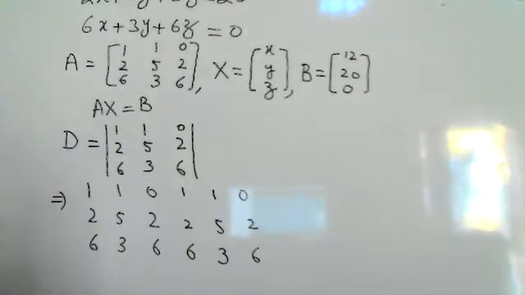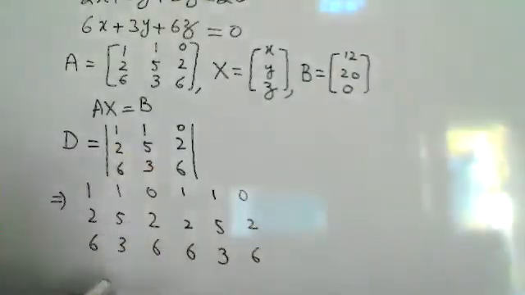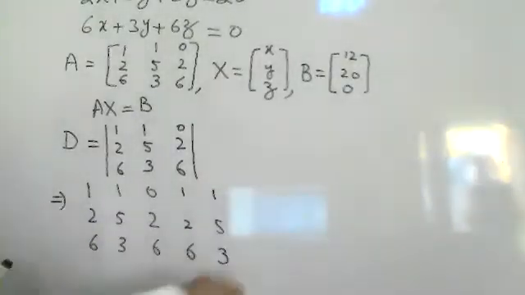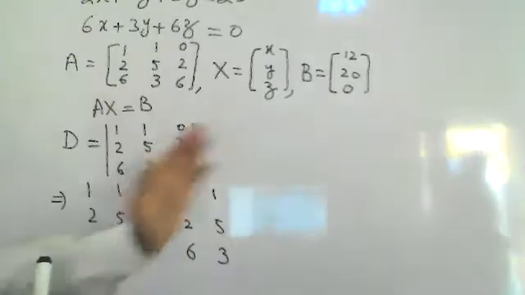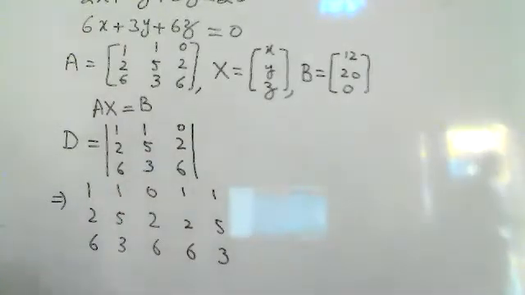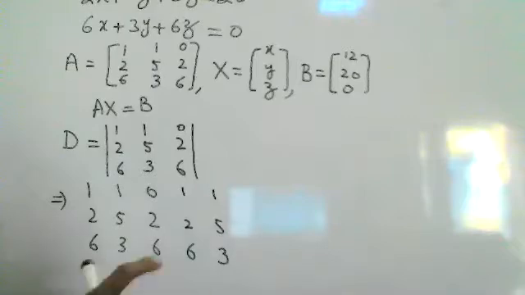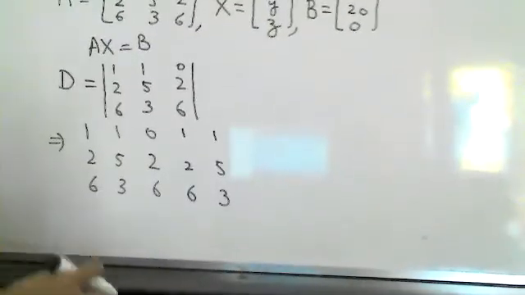Then the last column will be removed. There are three columns, total 6. We have to remove the last column. Whatever the size of the determinant, it may be 4 by 4, it may be 6 by 6, we have to write it one time, then duplicate it, and the last column will be removed in all cases. Now how to solve them?